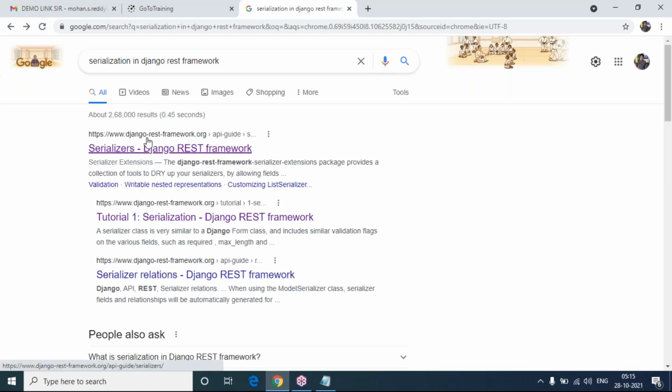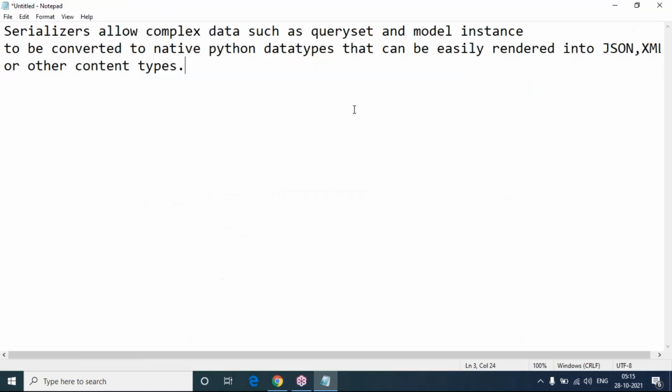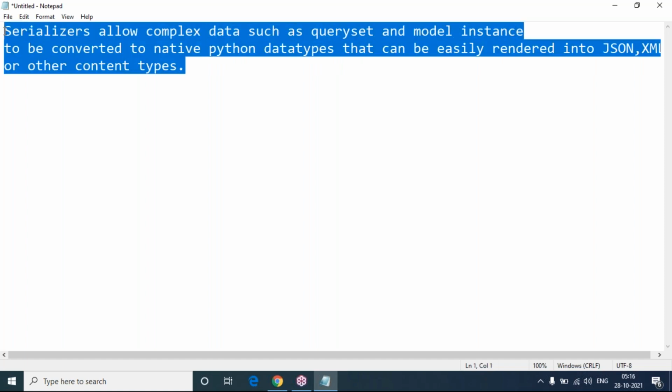This is completely serialization, deserialization, objects, validations, everything is available in the official documentation. The website is django-rest-framework.org. So this is the definition of serialization. But don't look at it as a definition to memorize, as we need not concentrate on definitions as they are. I am showing where I received this definition from, which website. You must be aware of that.